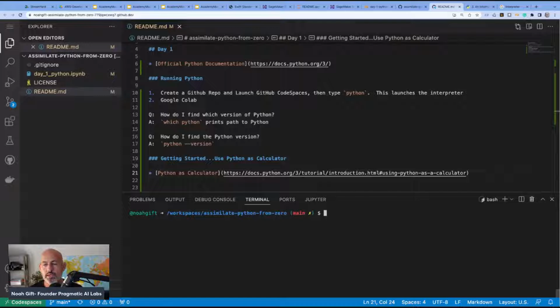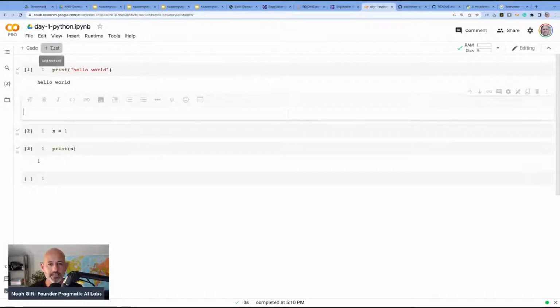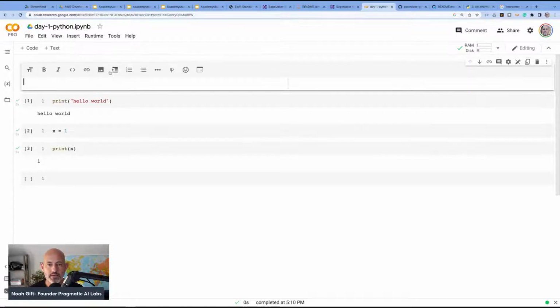So what we can do is I can go back to my notebook here. And what's nice about these kinds of environments is that one, it's easy to demonstrate new concepts, and two, I can check it back into my repository. So I'm going to add a text cell here, and I'm going to move it up,